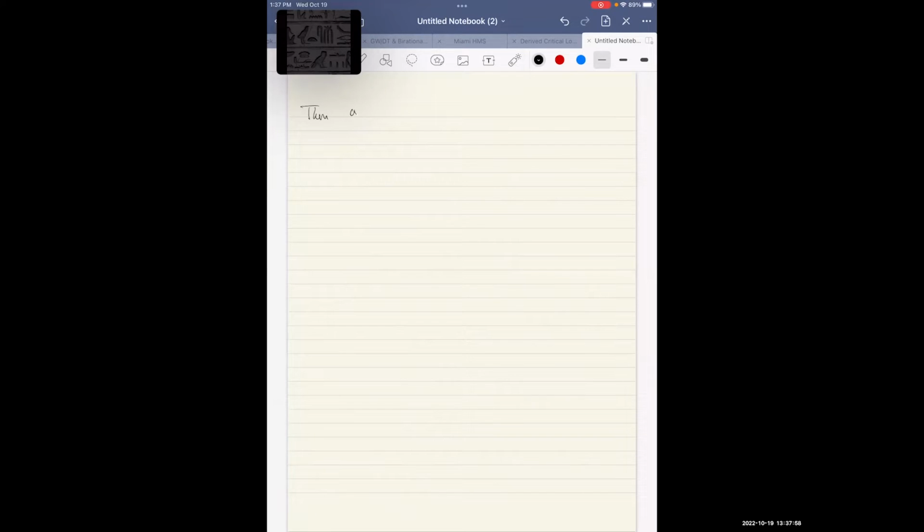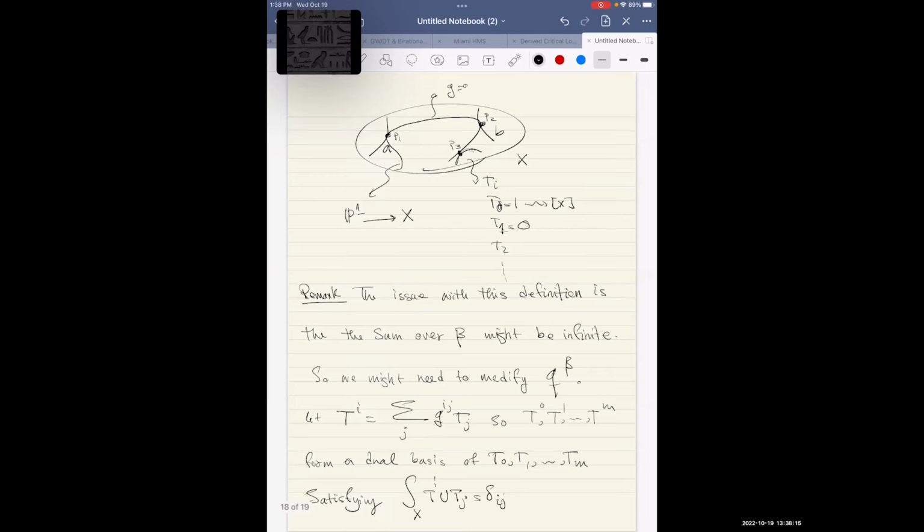All right. So let's say this is the dual basis, then we can write the small quantum product the following way. So look at the small quantum product, right? So